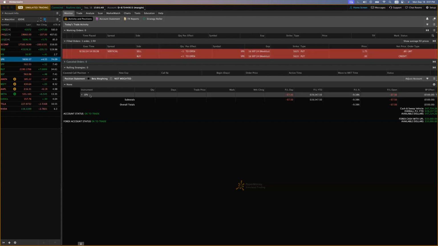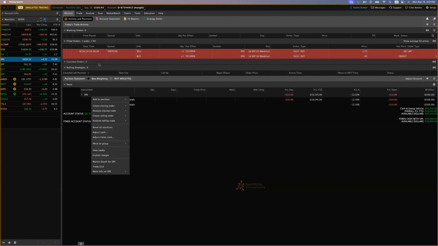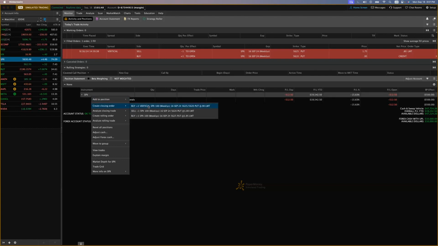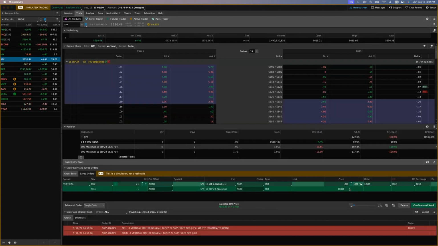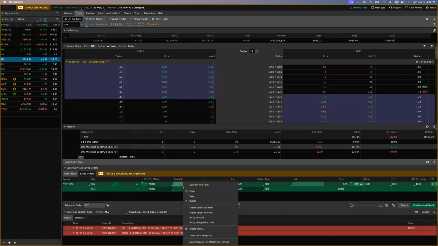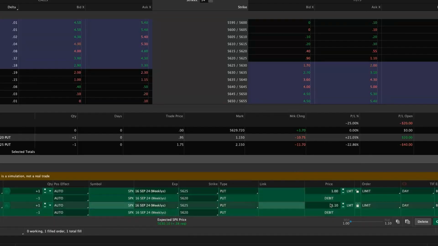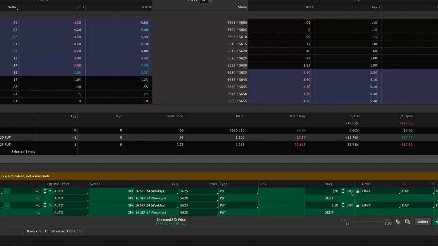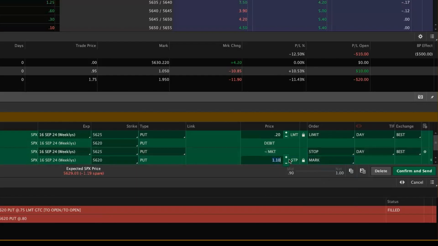What I can do is simply right click again on my existing order. I'm going to create a closing order, proceed as though I am simply closing the order with just one profit, but instead I will change this advanced order from single order and make this an OCO. Once I have done that, that will allow me to right click on the current order, make a duplicate order. And since both are going to be debit situations, the very first one I'm going to call my profit taking, and that's 20 cents. And the next one, I'm going to make sure that this is my stop loss, push stop, and I'm going to adjust what my stop loss is going to be,